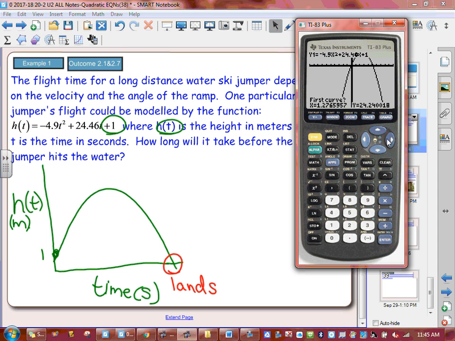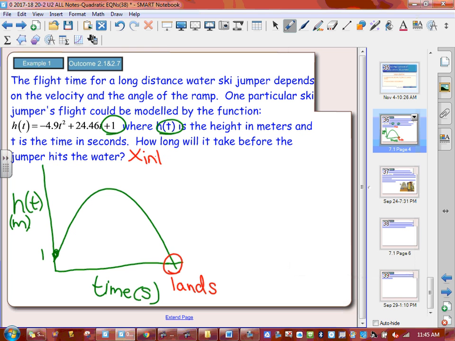You want to move halfway. So if you already hit enter 3 times, just start over. Second trace number 5. Once you move your cursor past halfway, then you hit enter 3 times. Now we get 5.03. So we want to find the X-intercept. So we found the X-intercept, which is at 5.03